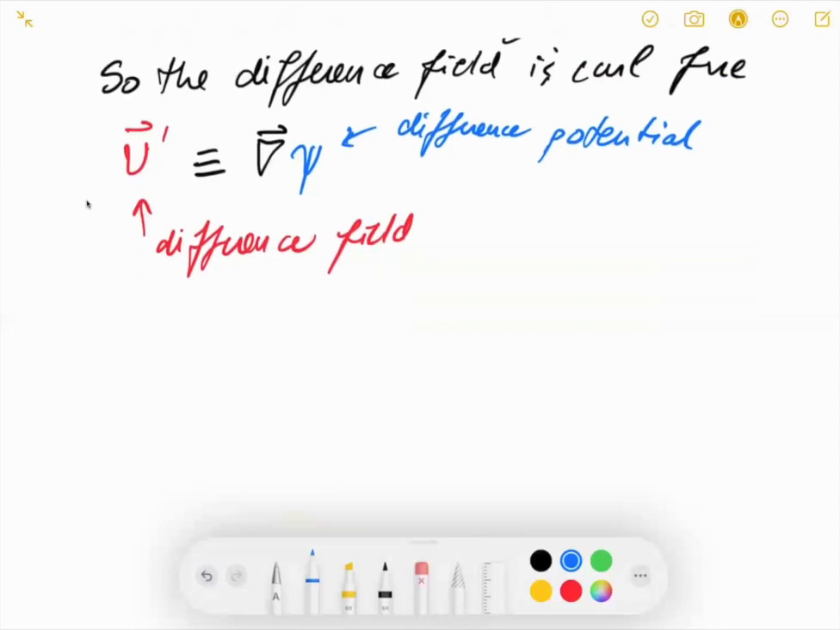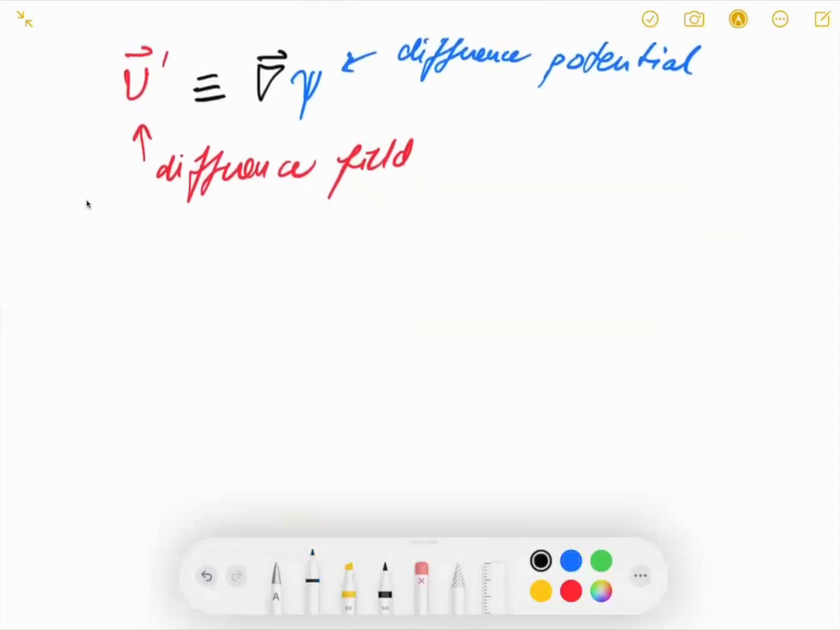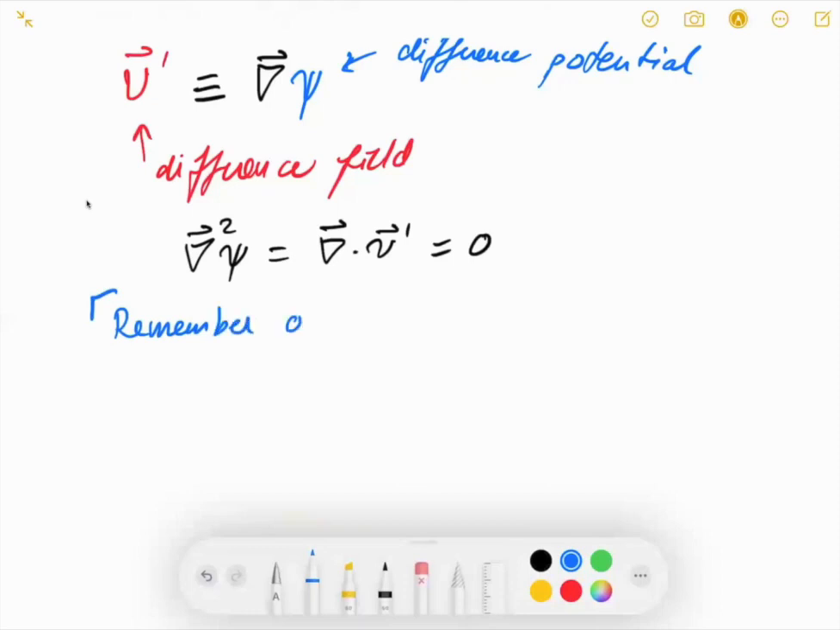All right, so we know that with this definition, because the difference potential is defined through that gradient, if we take the Laplacian of that difference potential, that's the same as taking the divergence of the difference field. And we know that the divergence of that difference field is 0. Okay. And then we're going to invoke one of Green's identities